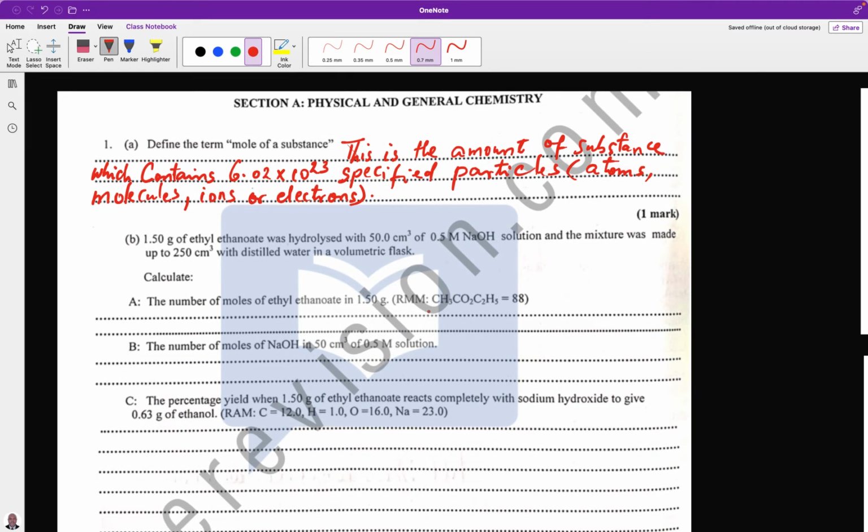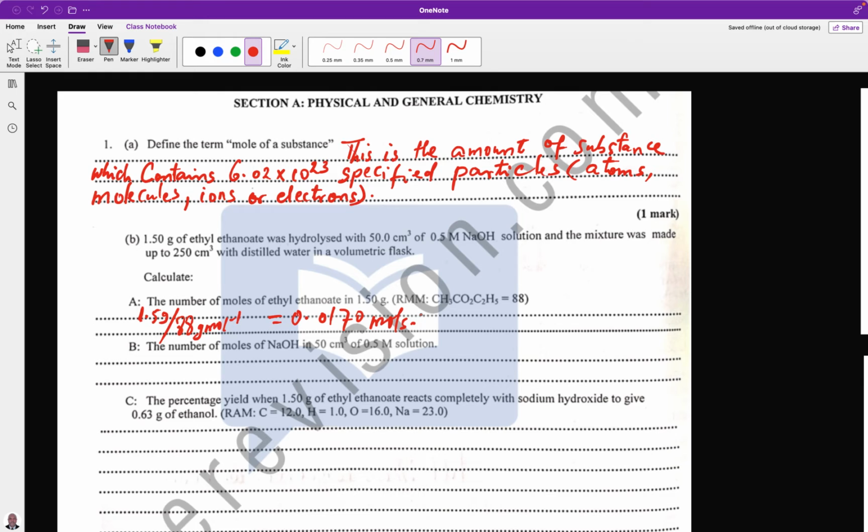We can now say the number of moles of ethyl ethanoate will be 1.5 gram divided by 88 gram per mole. And that would give us 0.0170 moles. Now, the B part of it,